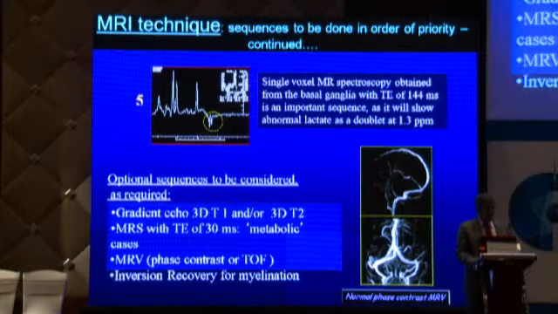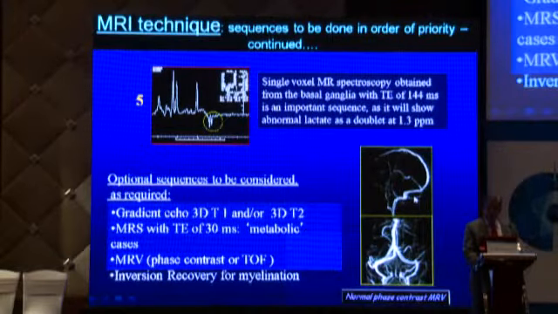The fifth thing that we do is an option. If the child is still quiet and everything is going well, there's nothing wrong with the pulse rate and the breathing and everything else, then we will do MR spectroscopy. And the thing that we want to do for MR spectroscopy is very simply to look at lactate, which is at 1.3 ppm. It is seen as an inverted doublet if you use 144 milliseconds.